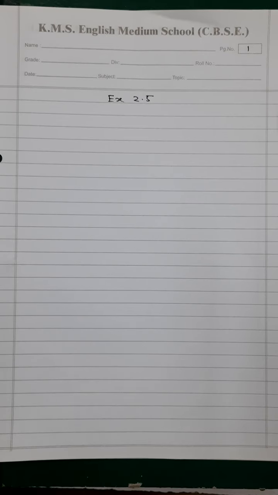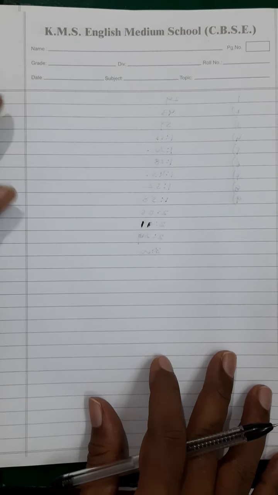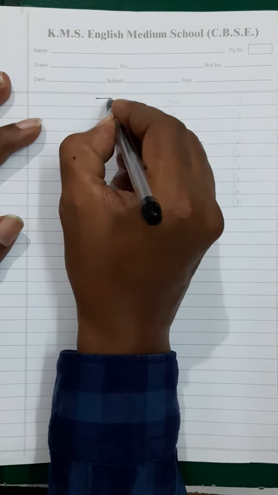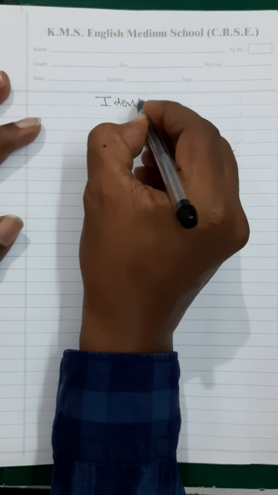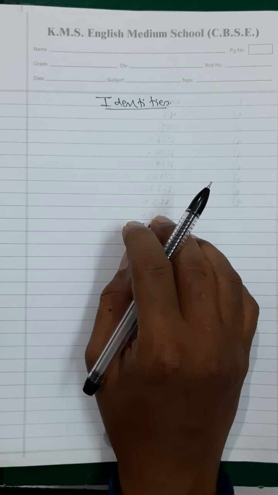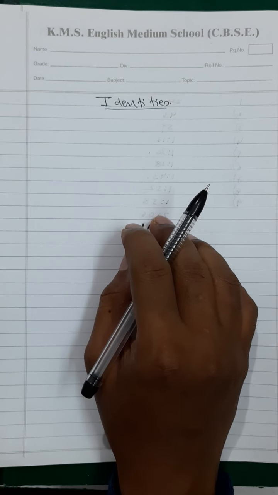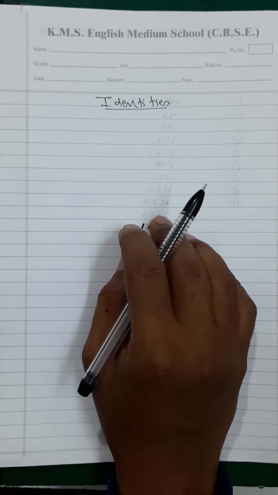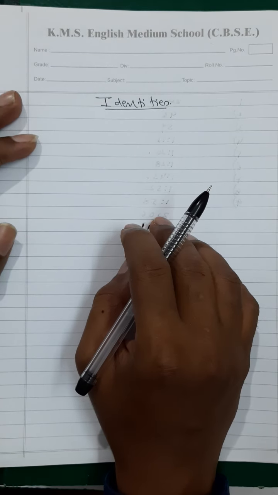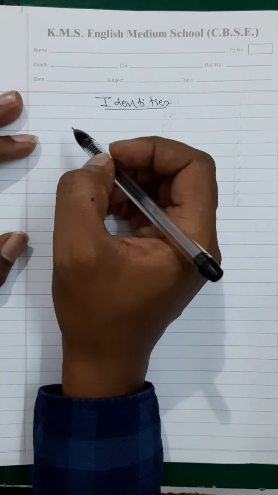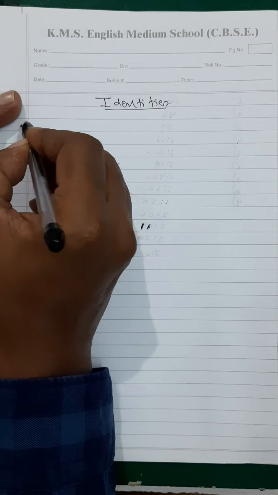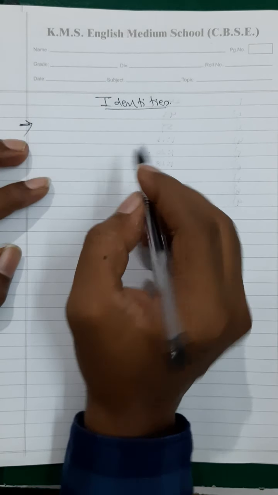Yes, my dear students, now let's start with the next exercise, exercise 2.5. See, 2.5 is basically full of identities. I hope you all are aware of identities, which you had a few in standard 8. Identities are basically expansion formulas. You basically will start with the first identity that will be known to you.